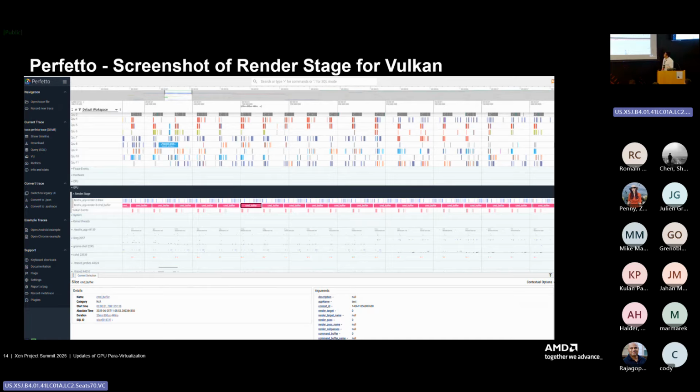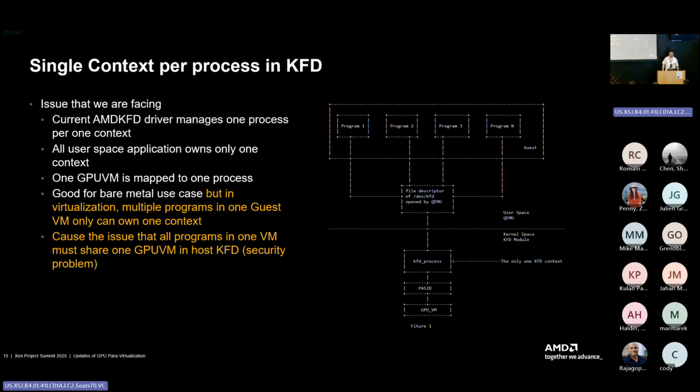Okay, let's go to the machine learning on the GPU side. The first is the KFD driver. This is the current issue or challenge we are facing: the single context per process in the KFD driver. You can see in the picture that each KFD process is mapped to one GPU VM. That means on the host side, one process can only have one virtual address space, but